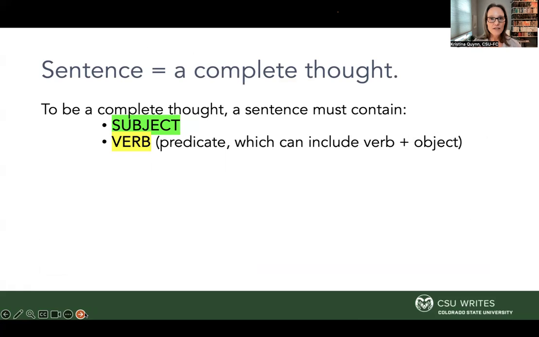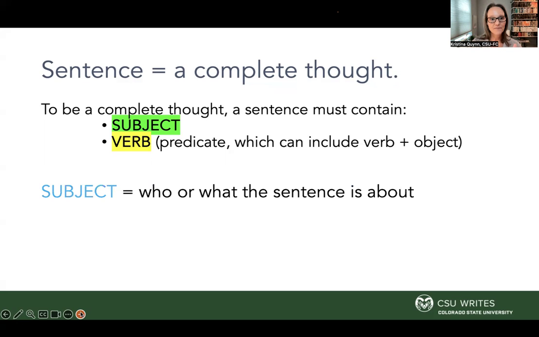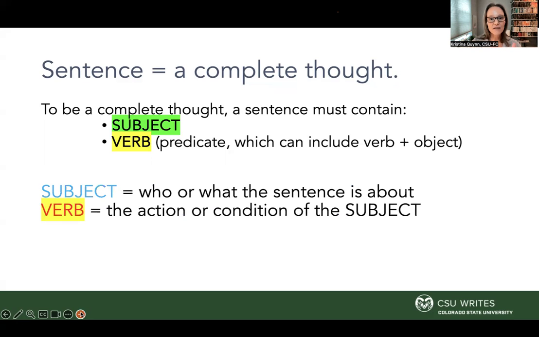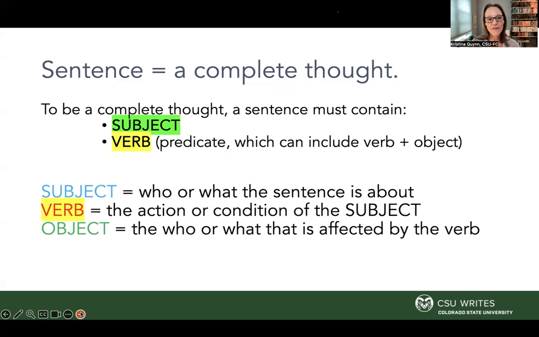All right, and I'm just going to take us through, and this is the first, but it may not be the last time, a little bit of grammar and how it's structured. The subject of a sentence is necessary, and it's usually a noun or a proper noun. It could be a pronoun as well. And the verb is the verb, along with anything that connects to it as part of the predicate. You don't have to love grammar to follow this. I'll just take us through because I want us to look at how this abstract is structured, or what the sentence is about. The action or condition of the subject is another way to talk about it. And then the object is who or what is affected by the verb.